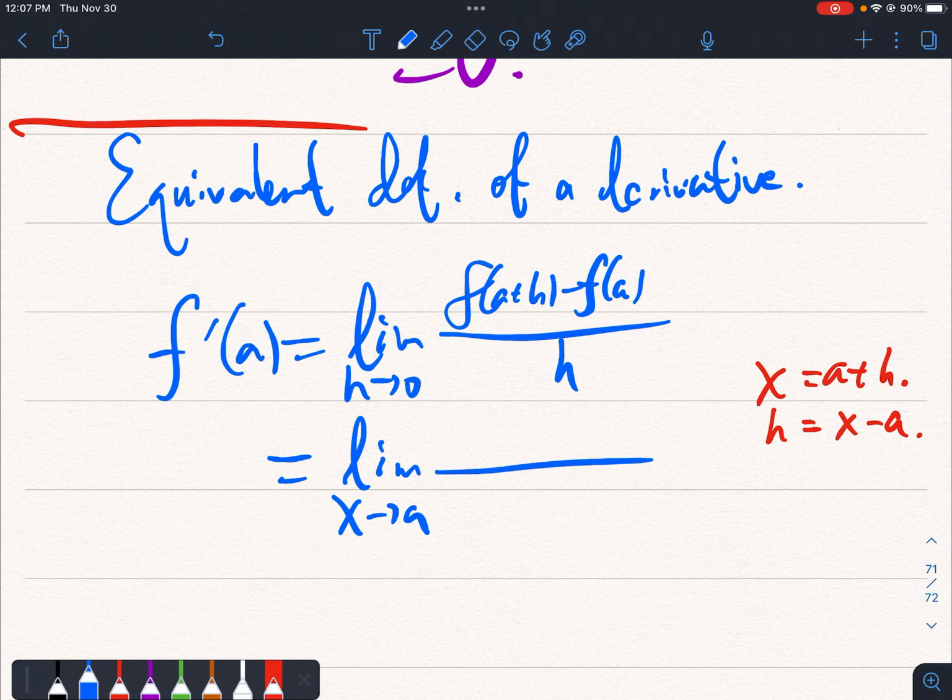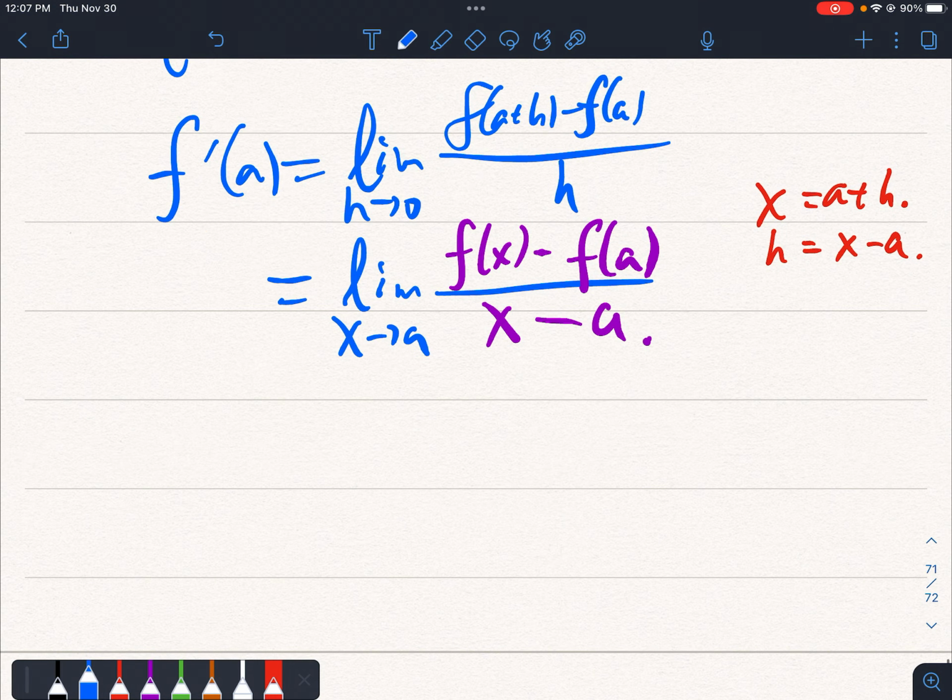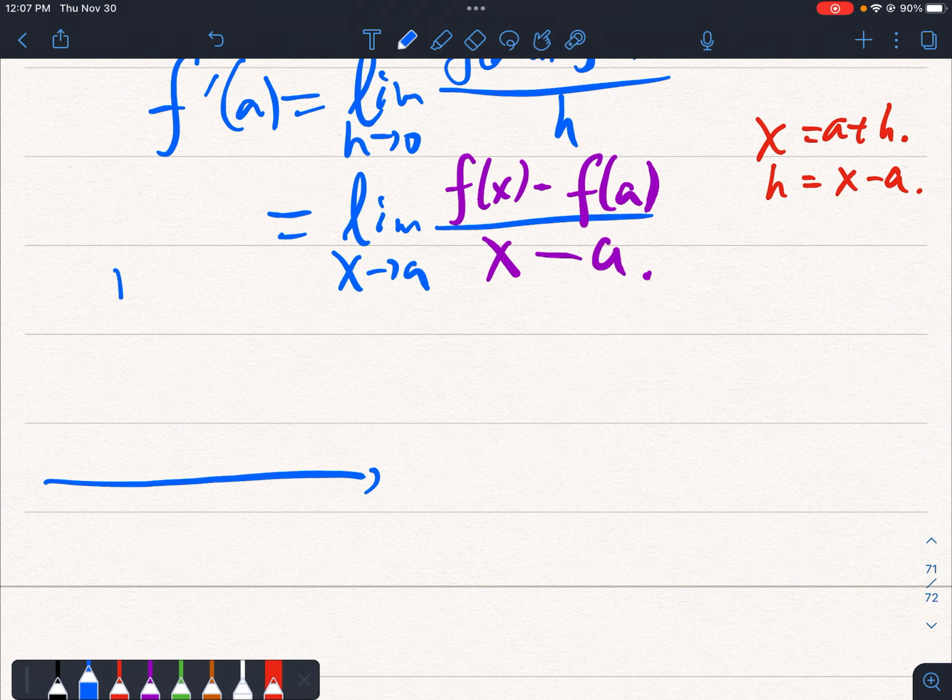So if you want to do the change of variable between h and x, then this becomes the limit as x approaches a of the quotient of, let's say, f of x minus f of a divided by x minus a. And it makes sense because